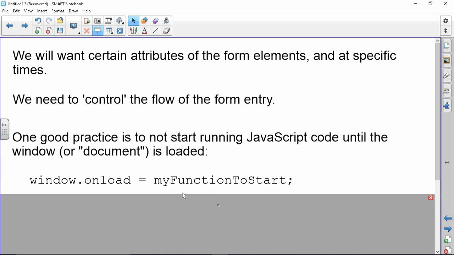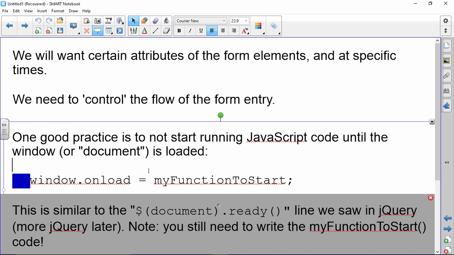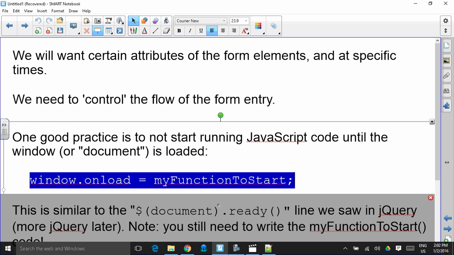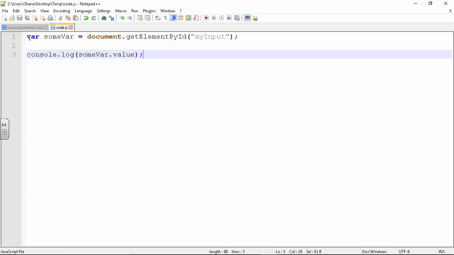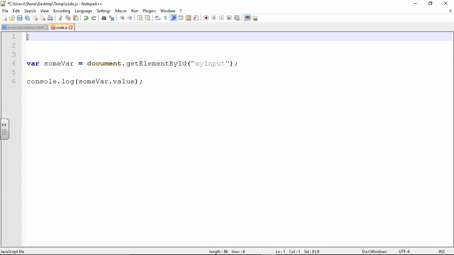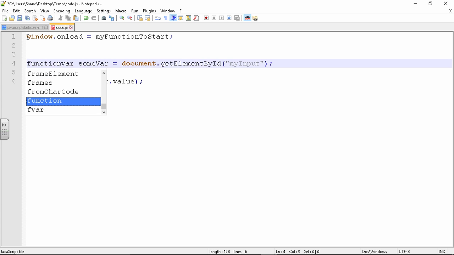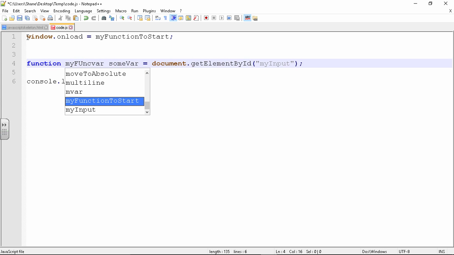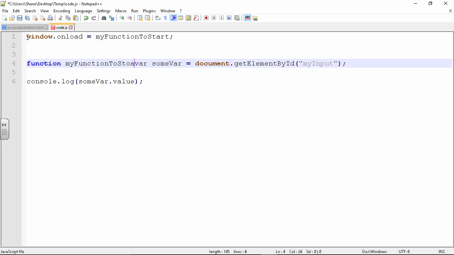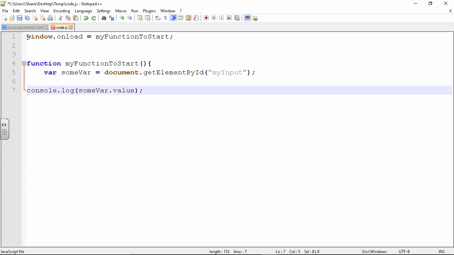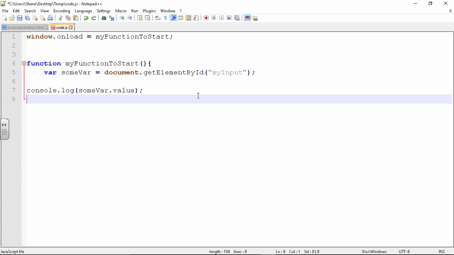So this line here, window.onload, we'll talk about that in a moment, is a good practice to have. So the very first line is going to be a my function to start. Then I'm going to have a function here called my function to start, which is maybe a little bit long. You could call it whatever you wanted to. And it's a function like this. And this is actually what's going to be done once